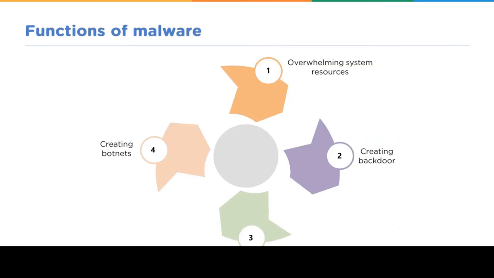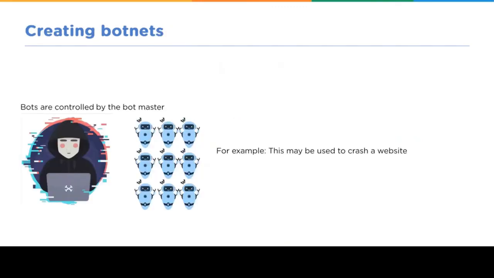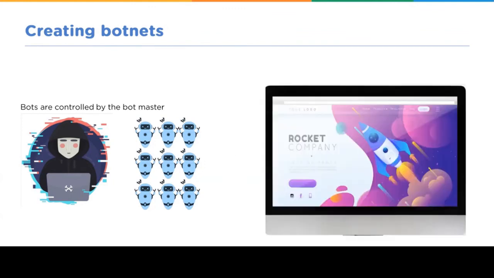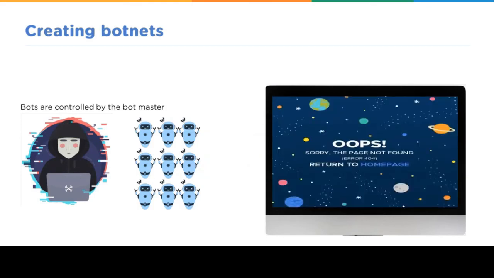As discussed earlier, malwares can be used to create botnets for a DDoS attack. Botnets are either directly or indirectly controlled by a hacker. A botnet can be used to perform any type of malicious activity, although they are most often used to perform denial-of-service flooding attacks. Botnets can send hundreds and millions of requests to a website, causing the website to crash and become not available for legitimate users. The best defense against a botnet is to keep your systems patched and hardened and not to become the host